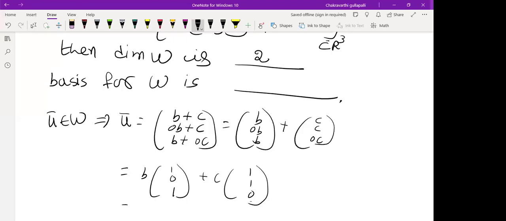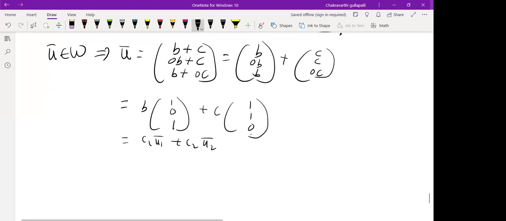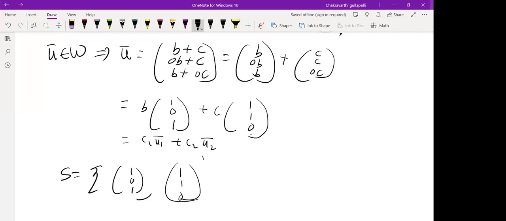So you are able to write this in the form C1 U1 bar, C2 U2 bar. So what is the generator therefore? 1, 0, 1, 1, 1, 0. This is a generator. How many vectors are there in the generator? It is a generator